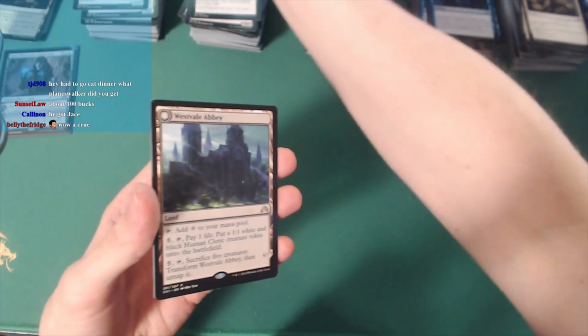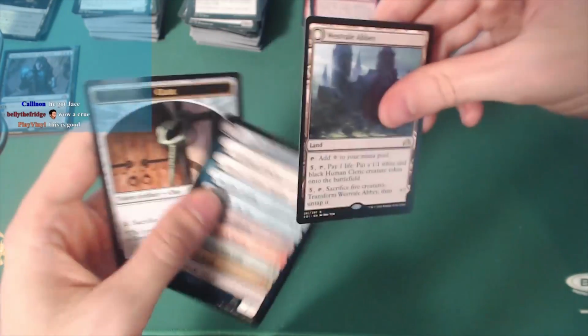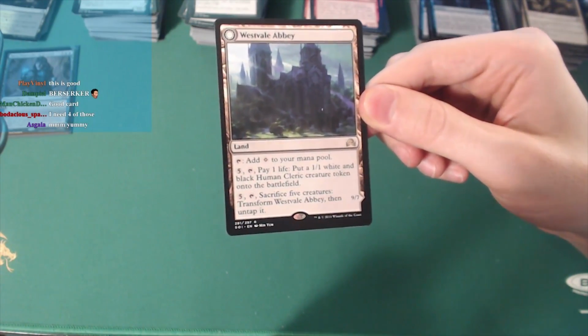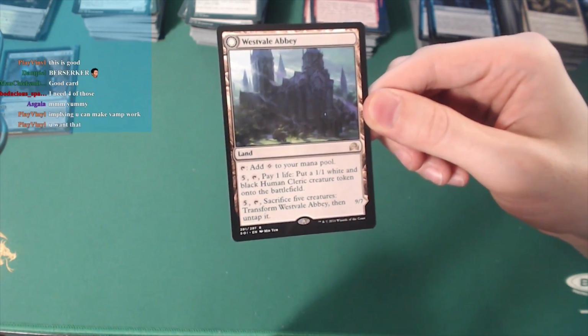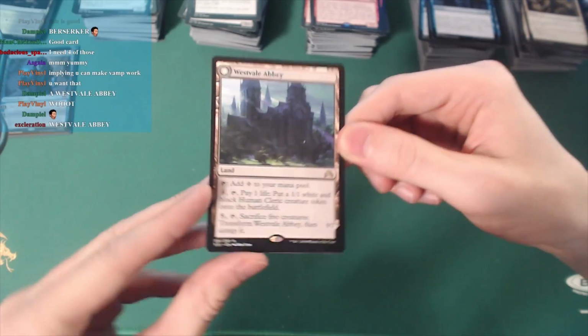Hinterland Logger. Oh, else got a special land here. This is a transforming land. This is new. What is this? West Vale Abbey? Add a colorless to your mana pool. For 5 colorless mana and 1 life, you get a 1/1 creature token. And then for 5 mana and sacrificing 5 creatures, you get to transform this and untap it into...